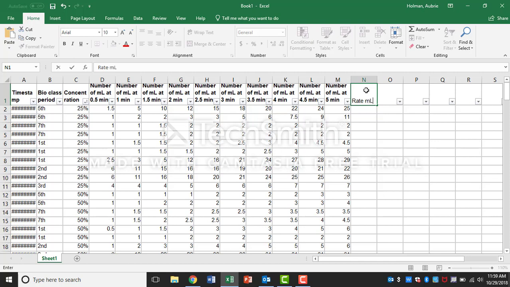So rate is milliliters of oxygen produced per minute. So we're going to set up a formula to calculate this for us. This was 5 minutes. Milliliters per minute just means that it's this number divided by 5. So an equal sign sets up a formula. So it's going to do a calculation for you. So I want it to say this cell divided by 5, and when I hit enter, it will do that